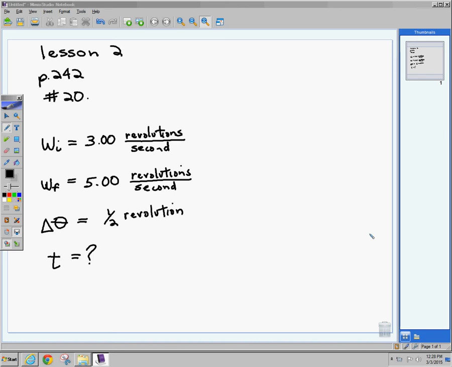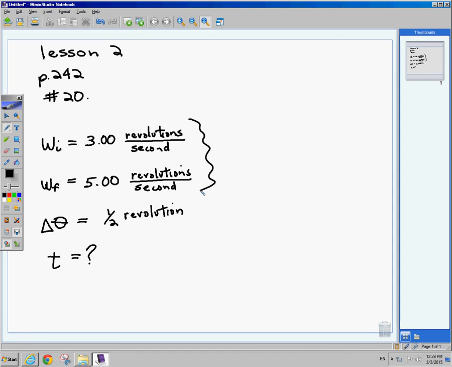And basically, at the beginning, her speed of rotation, her angular velocity, is 3 revolutions per second. So in other words, if she kept on rotating or spinning at that rate, she would do 3 complete revolutions in 1 second. But she's not doing that for a whole second. She's only doing that at that 1 instant of time. You know, it's an instantaneous